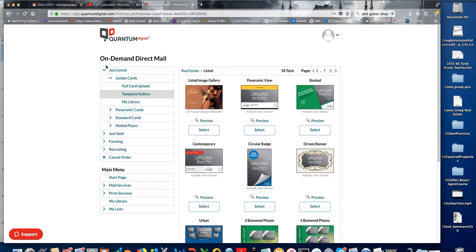Now, if you're going to be doing a just sold card, you would choose from these, full card upload for jumbo cards. There's a bunch of different options here. We usually go full upload because we make all of our cards and market reports with MRG from 99 Designs, and so we do it all custom. However, if you want to check out some of the templated stuff, go ahead. Just make sure you run it by management to make sure that the marketing matches sort of the Cantu Group